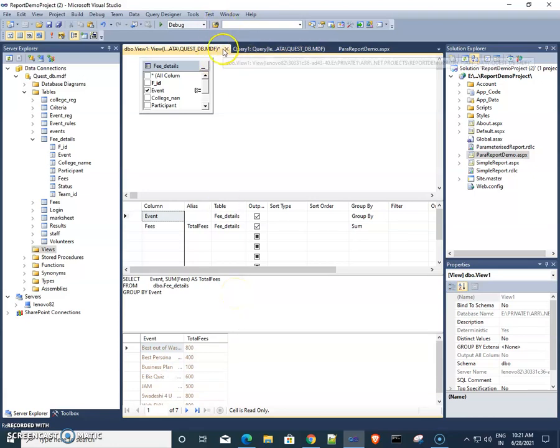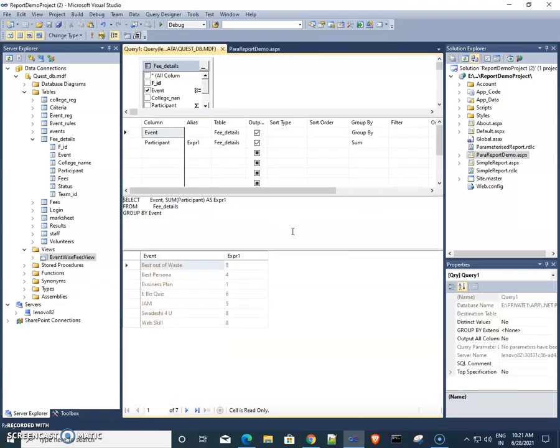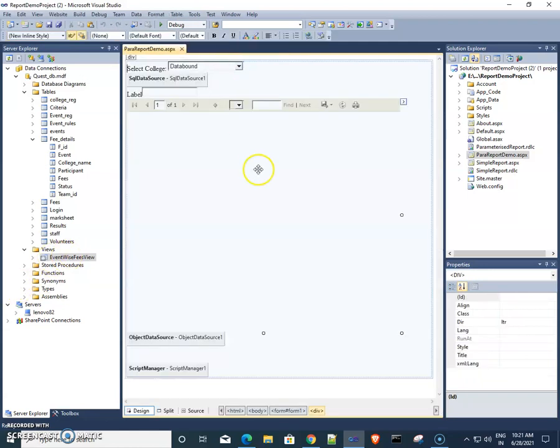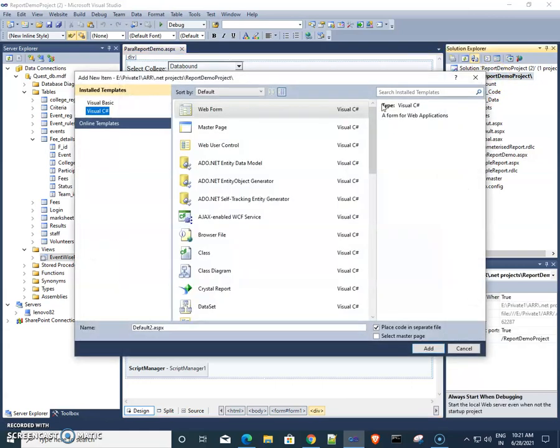So I am saving this view as event wise fees view. I am giving the name for that particular view. So the view is created. Now we can create the report by using the normal method.